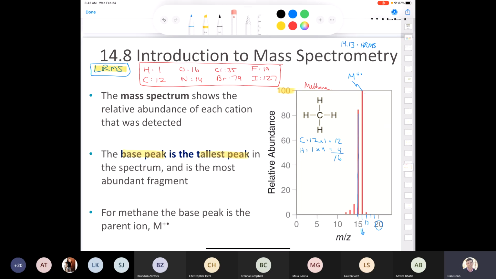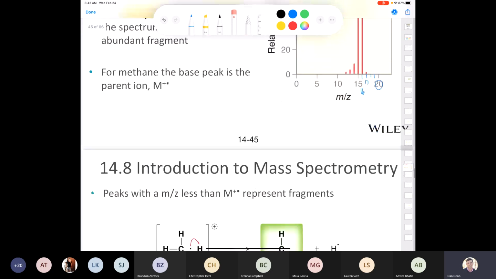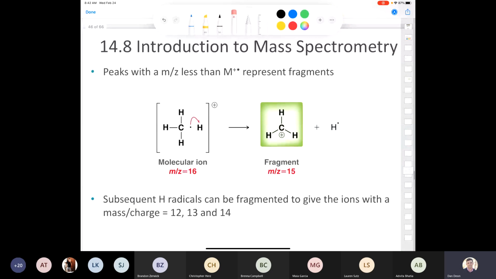Now let's talk about the fragmentation of the methane molecule a little bit more, because you might be wondering where that peak at 15 comes from. Well, if I have my parent ion, my molecular ion, which has a mass over charge of 16, and I showed you where that mass comes from, that's a radical cation. This is a radical and it's a cation. Well, that can fragment or break apart, because it's not going to be completely stable. If it loses a hydrogen radical,